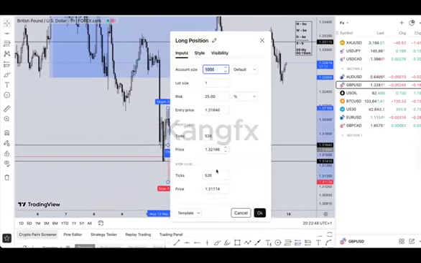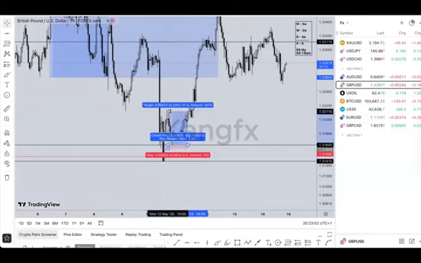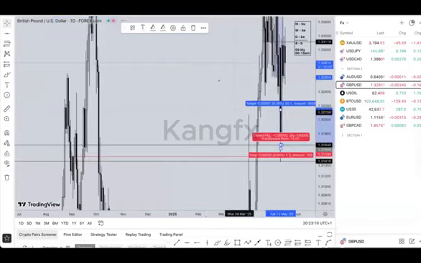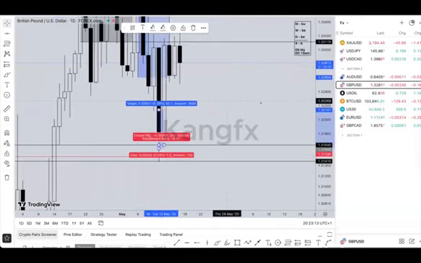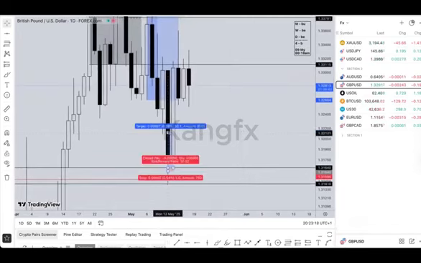So I was using only resistance or support, that means this one. Entering here doesn't mean I'm going to take my TP from this high here. It's 1:10. Here is good. 1:10 is good, but that's not how I trade it. I'll go back to daily since I'm getting this on daily. I'll now check where this trade is coming from. Where is the closest key level there? We have this one, 1:27. We also have a resistance here, which is going to be 1:16. But I stick to this